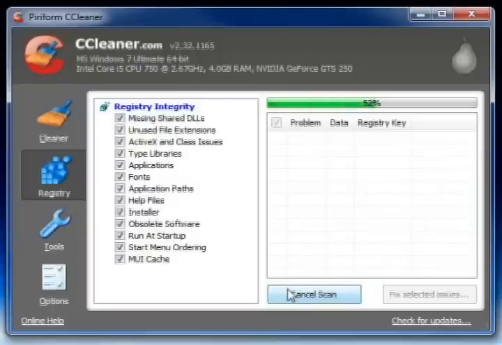Save it somewhere accessible like the desktop. Fix all selected issues, and then it'll show how many issues were fixed. And then issue fixed, hit close, and scan again, and no issues were found for me. But if these issues are found for you again, which happens quite frequently, go ahead and hit fix selected issues